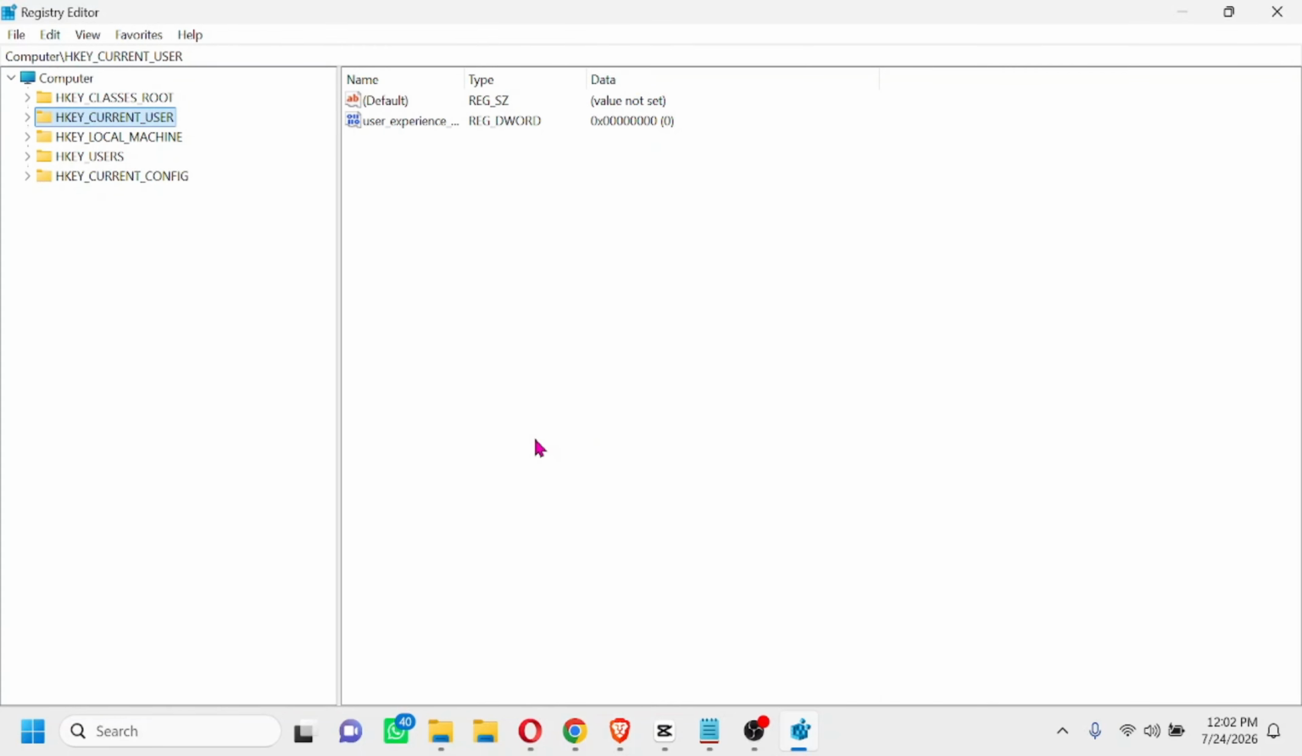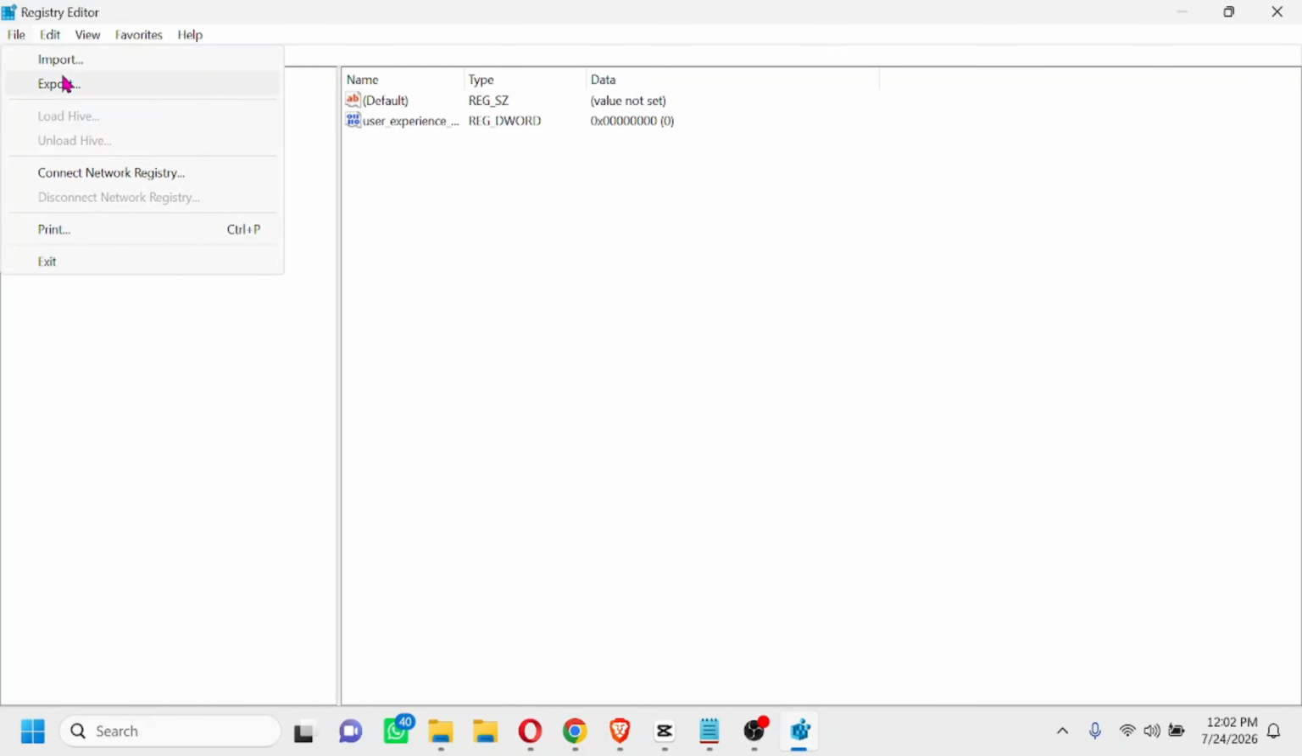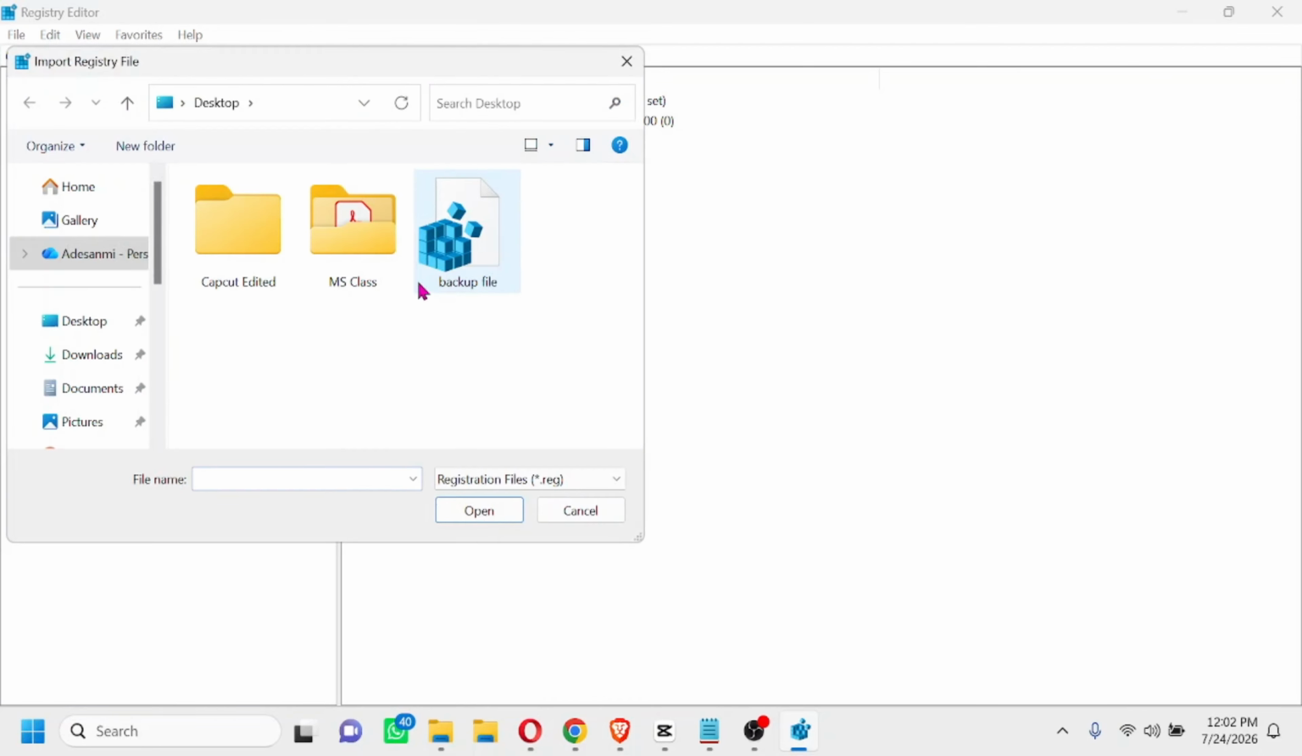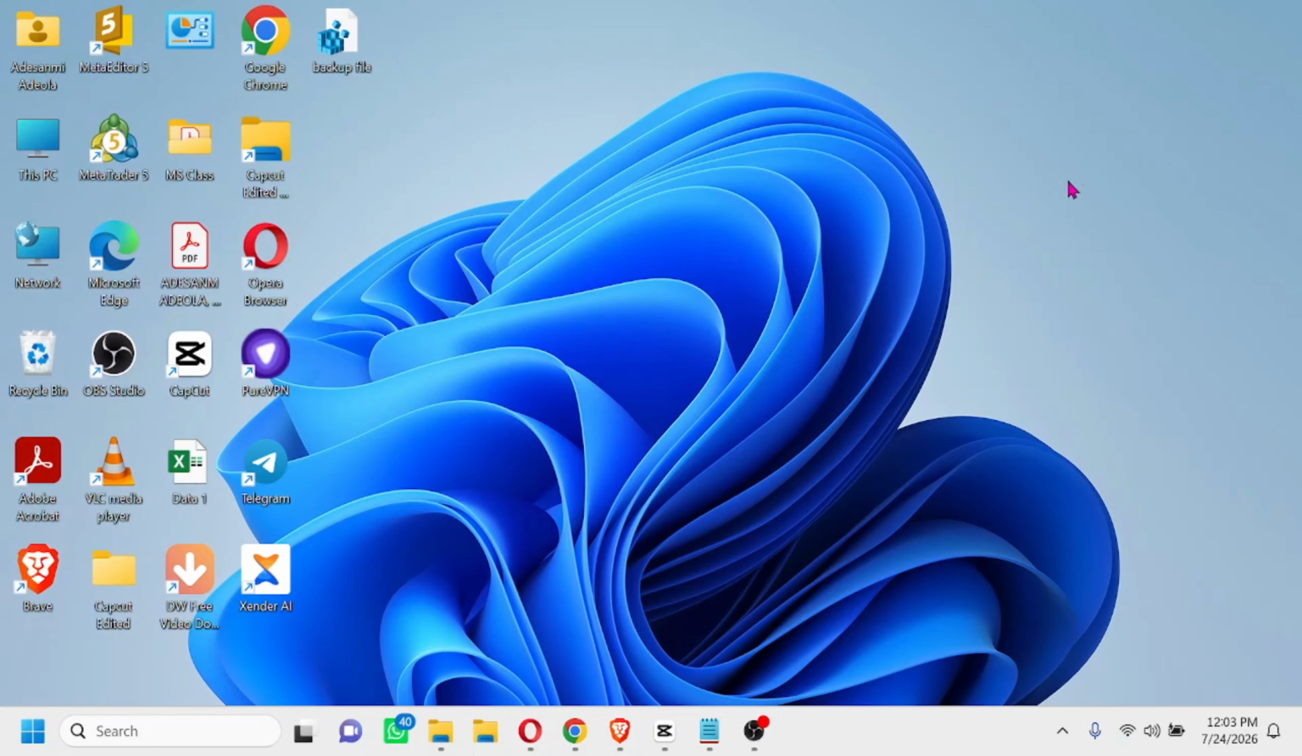Now that it is saved, in case you want to restore your backup file, it's very simple. Here at the same place, click on file again, click on import. Now you can see here on the desktop, just click on this one, click on open, and it will restore your backup file. Now let's go through the process fully on how to clean up and repair your registry on a